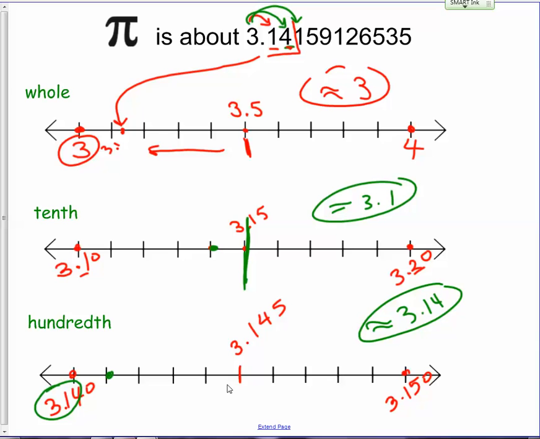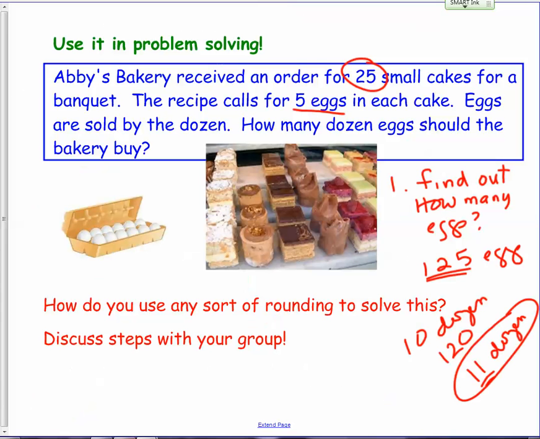To the nearest hundredth, I'm asking, is this number closer to 3 and 14 hundredths or 3 and 15 hundredths? And again, if I tack on a 0, it helps me find the middle is 3 and 145 thousandths. And 3.141, okay, that 1 tells me that it's over here. And so my real number is around here, so to the nearest hundredth, it's closest to 3 and 14 hundredths. So placing the number on a number line is really helpful to seeing its nearer number.